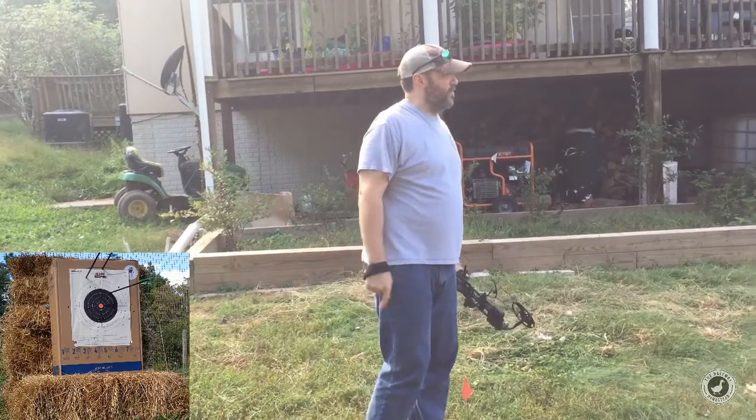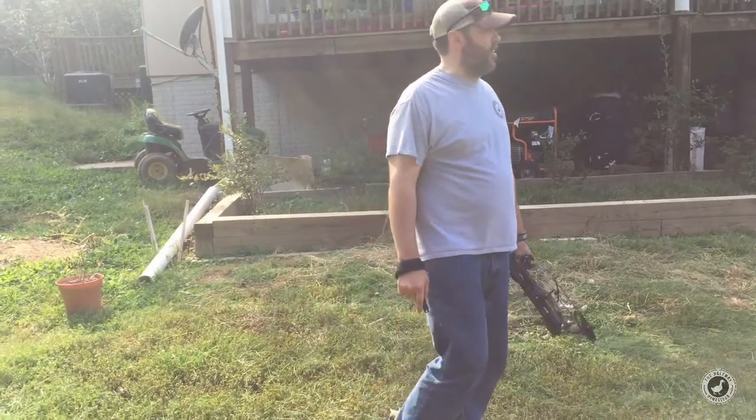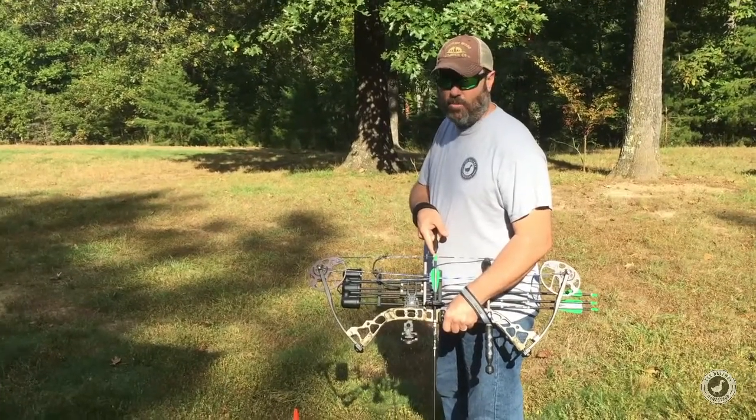That's a little more like it. That one felt good when I let go of it. I thought it was right where I needed it to be, and it was pretty close. We're within 3 inches or so. So it may be that I've just been screwing up and I'm shooting from the wrong pin from the other